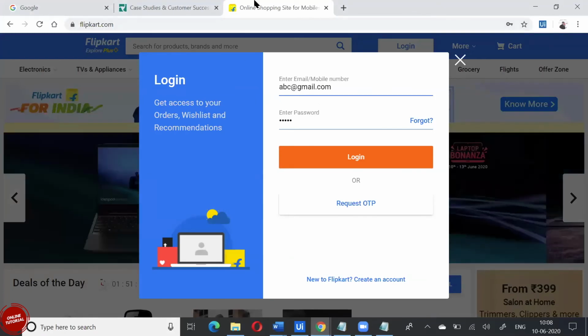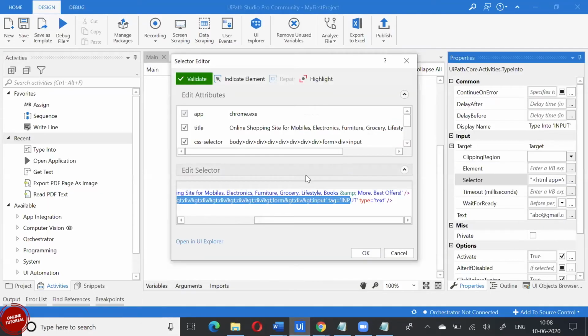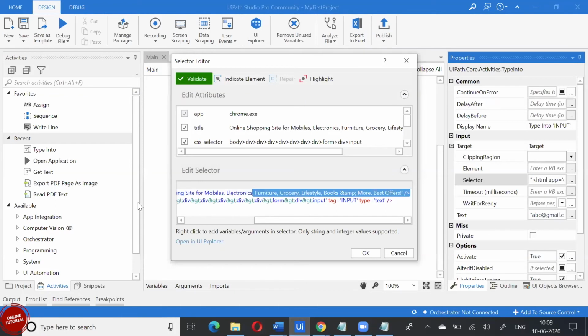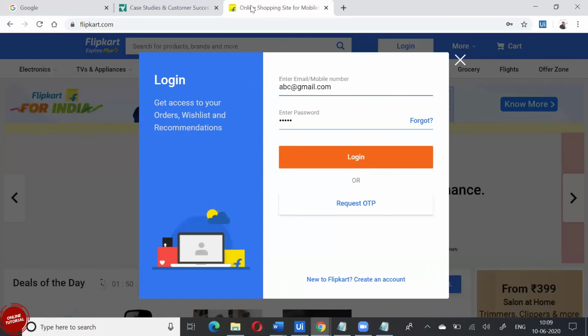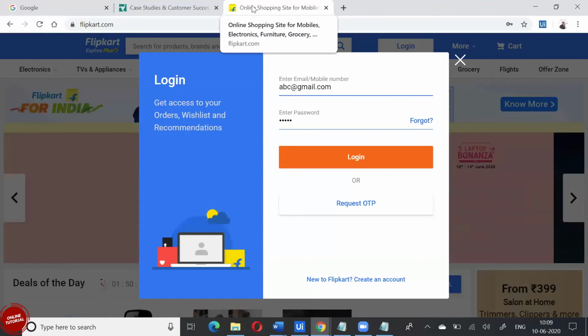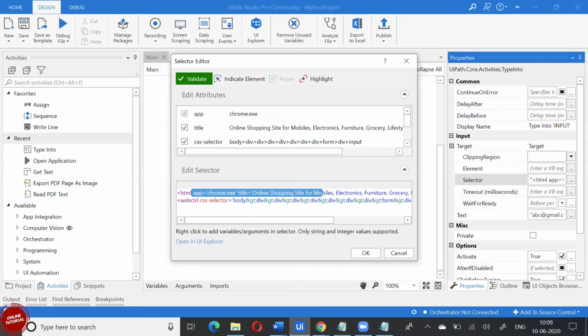If the title of the page changes, from online shopping to something else, then also it will not allow typing. It has everything, your comma, space, everything. If you look here, it's written as 'online shopping site for mobile, electronics', and the same you will see here. So even if one word changes, it doesn't allow even typing your username or password. It is that secure.